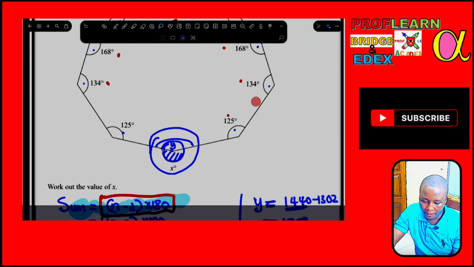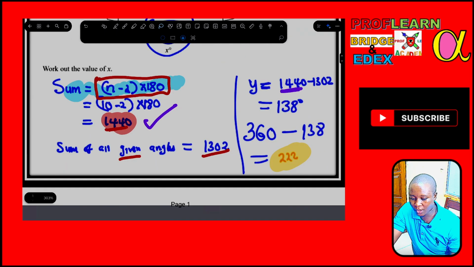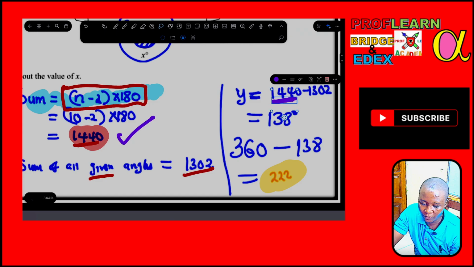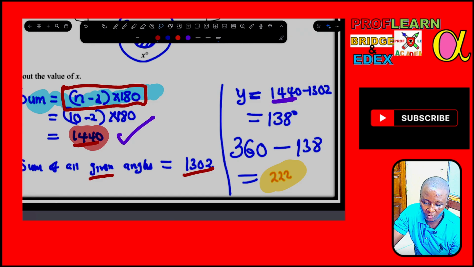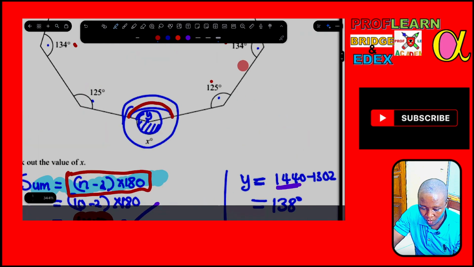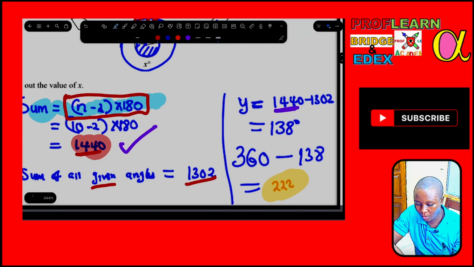So 1302 subtracted from 1440, we are going to get the size of the interior angle, and the size of this interior angle is going to be this one here. This one is going to be 138 degrees. If you subtract, you are going to get